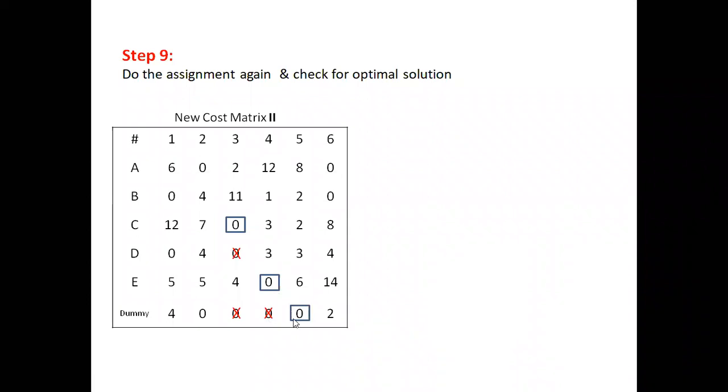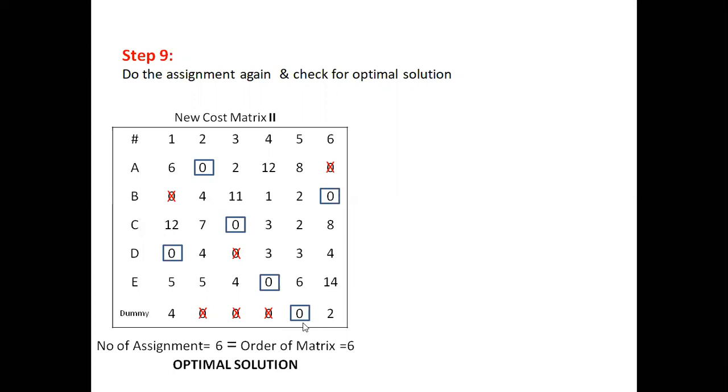Okay, fine. And then comes the column-wise assignment. Column-wise, in the first column there are 2 zeros, in the second column there are 2, third column leave it, fourth leave it, in the fifth there is one single zero at the bottom, so I am assigning there. The subsequent zeros in the second column get cancelled, and likewise we have to revise this again. So I'll have to come back and do the row-wise revision and then start doing the assignment. When I do that, this time I will get all 6 assignments, which are equal to the order of the matrix.